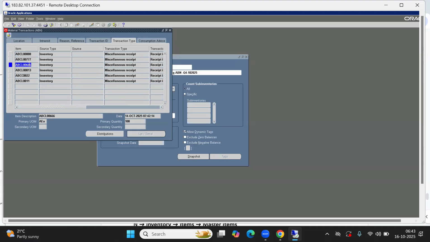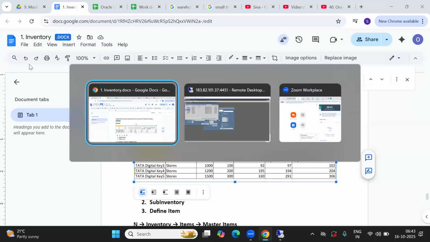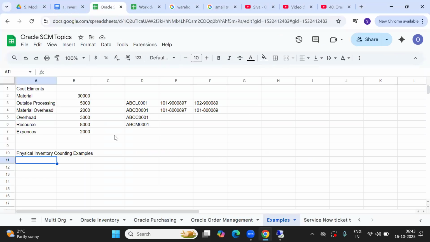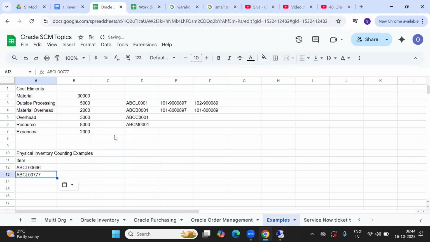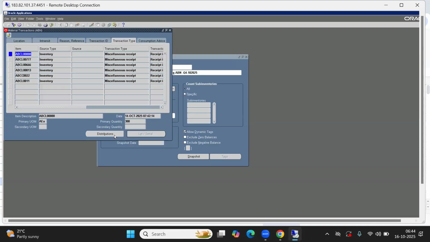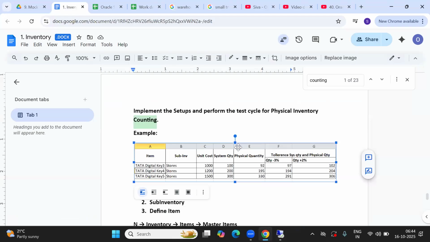Okay, from here. So this is an item column. So we'll understand how this example looks and how it will work.